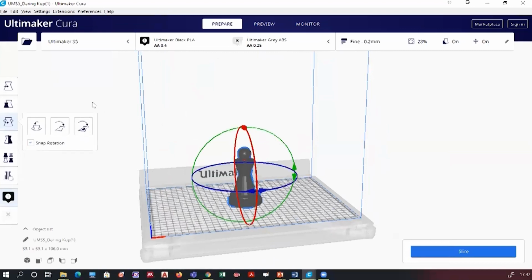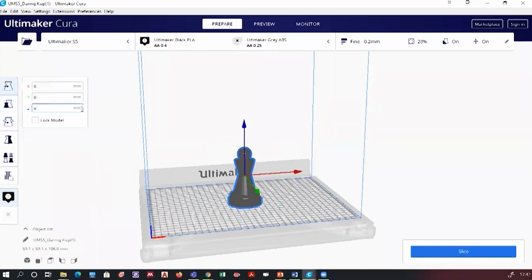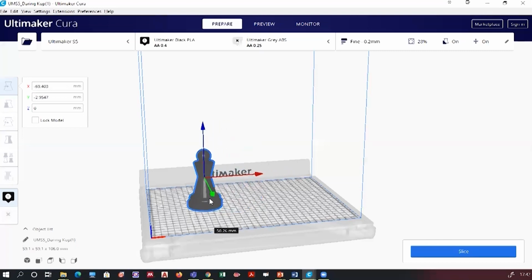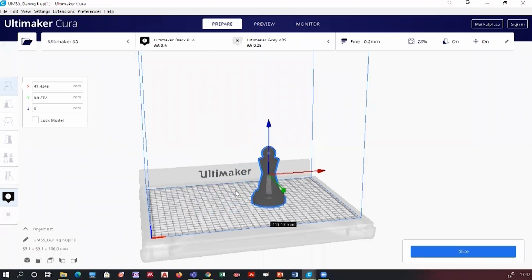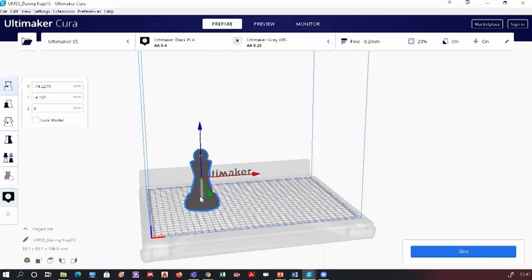When I click on it, I have an option to locate the position of this model on my bed. If I want to print multiple 3D objects, I can place multiple of them here.